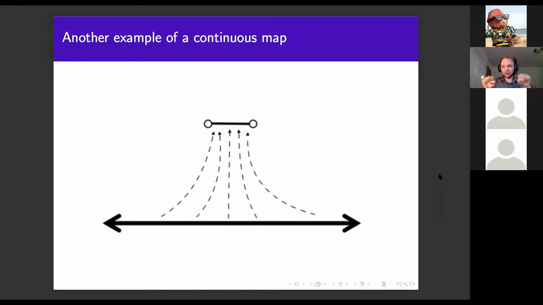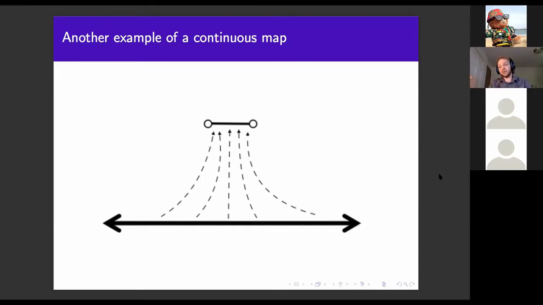I could squish that real line in, right? And again, it seems kind of weird. Like, how can I fit this whole real line in there? But it's fine. I just squish it more and more and more towards the ends. And I never reach the end of the real line. So I just keep squishing more and more and I put it all back. And this is kind of based on the inverse of what I just said.